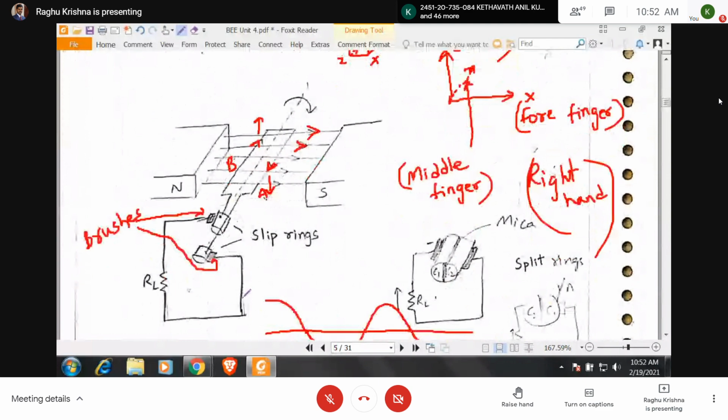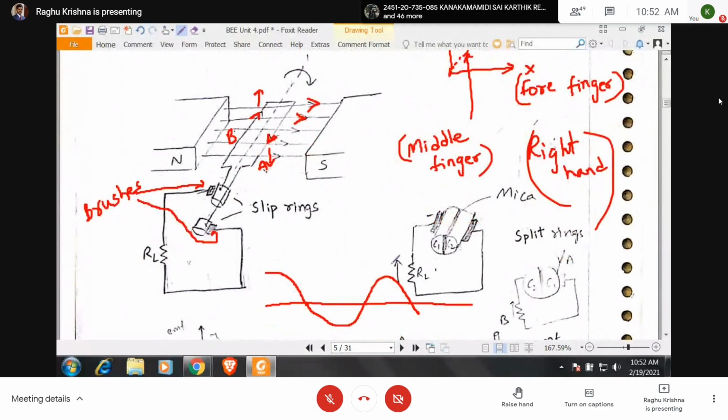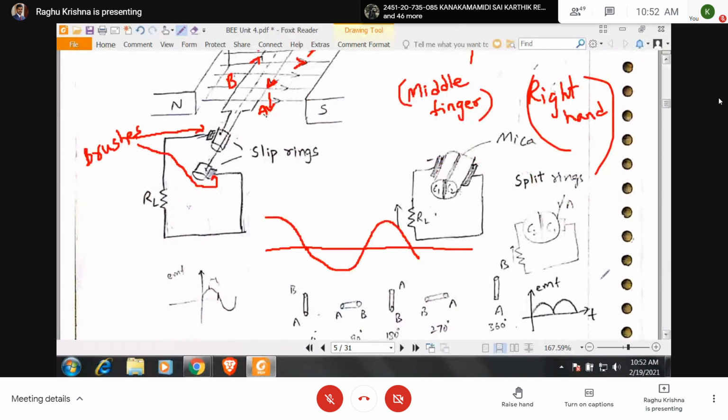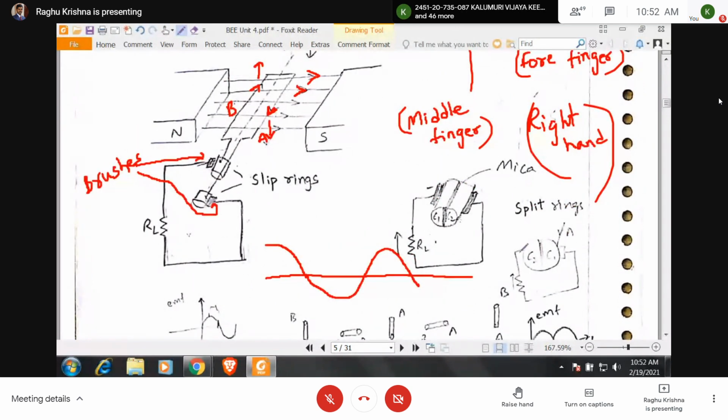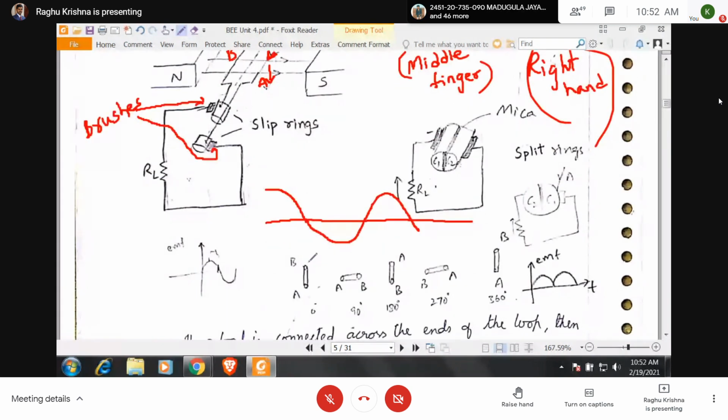Okay. Now let us see the direction of the current. See here. This is the direction of the current when the conductor B is moving up, when conductor A is moving down. Okay. Now here, when the coil completes 90 degrees rotation, this will be the position of B, this will be the position of A. So I am showing a cross-sectional view. Next,